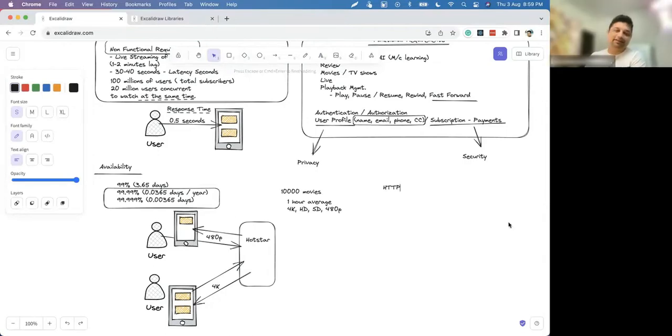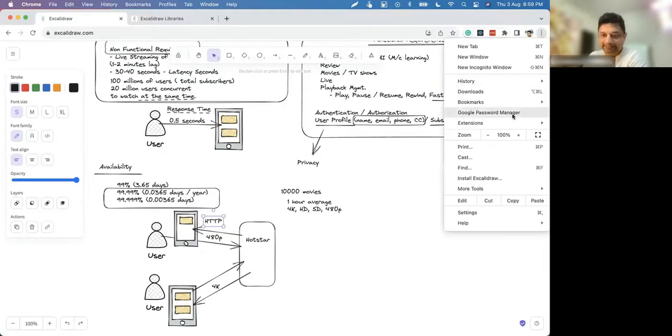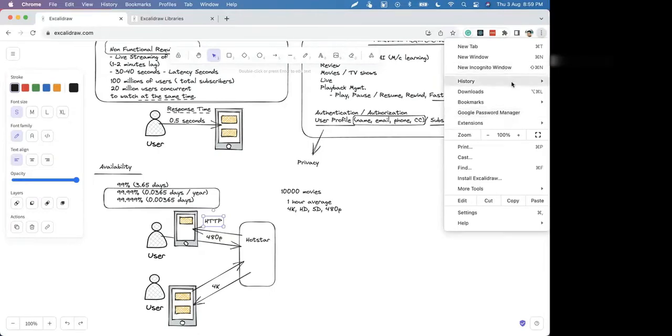See, this guy may send an HTTP request to get this IPL match, and in the HTTP header you get the device type, the details of the device.